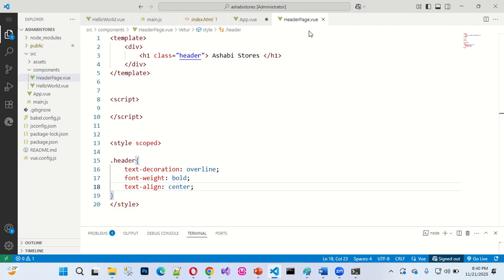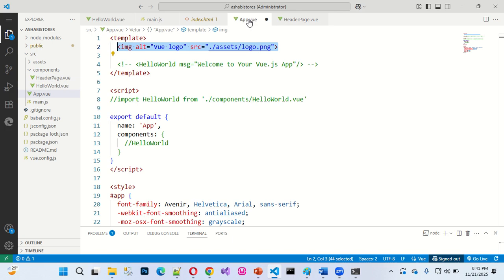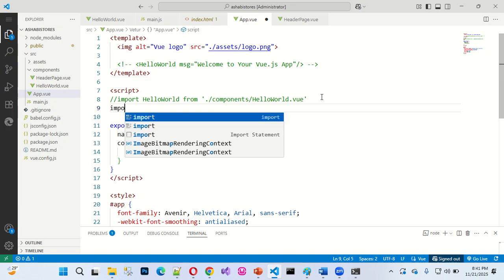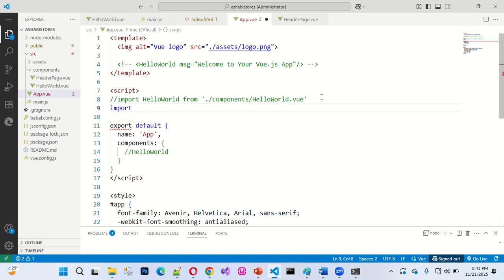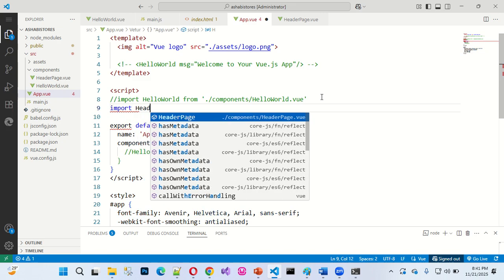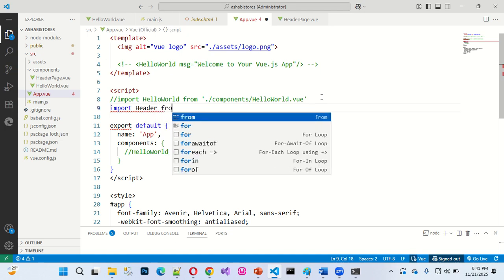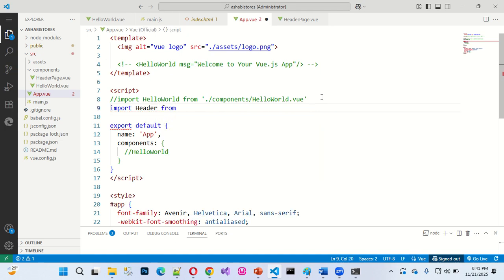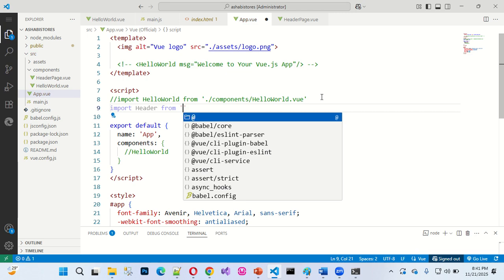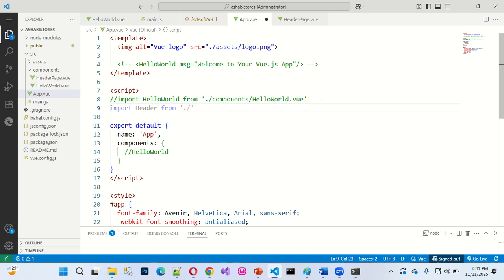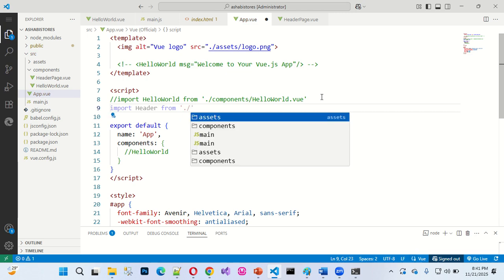I'll save this component. Now for this component to execute, I must import it into this particular app view. Do you get now? And to import it, I will now type import. I'll give it an alias name. I call it header. I'll now say from. So you open your quotation like this, single quote, say dot slash component. The reason why I'm selecting component is that